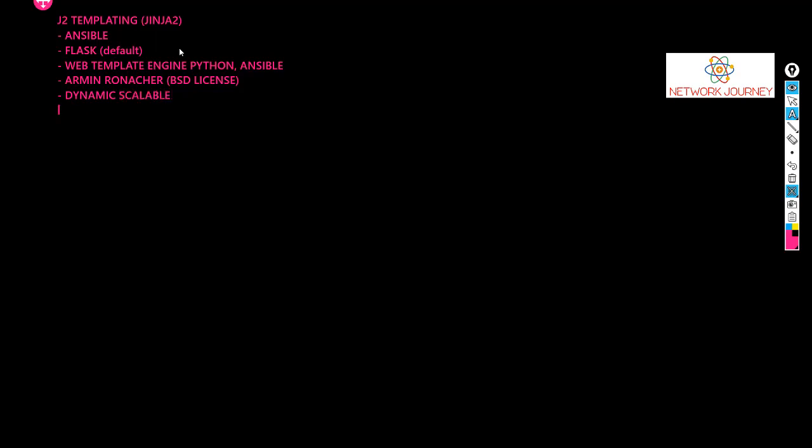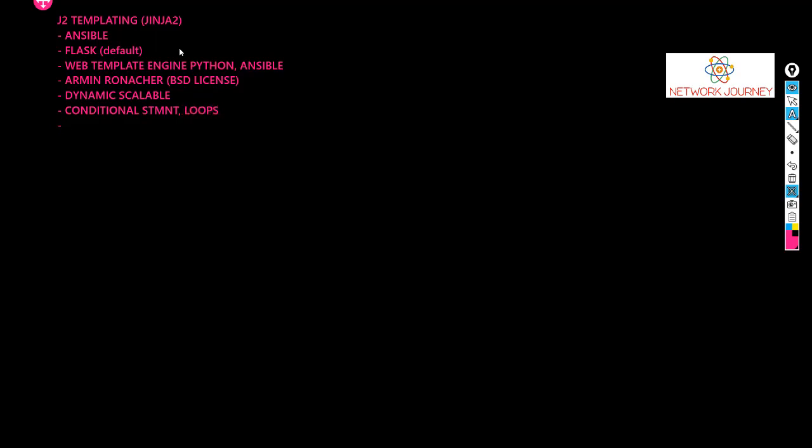So what does a J2 template consist of? If you saw me writing this, I was talking about a condition, a for loop, the variables and the comments, right? So in J2 templating, we use the same thing. We use it for writing conditional statements or loops.